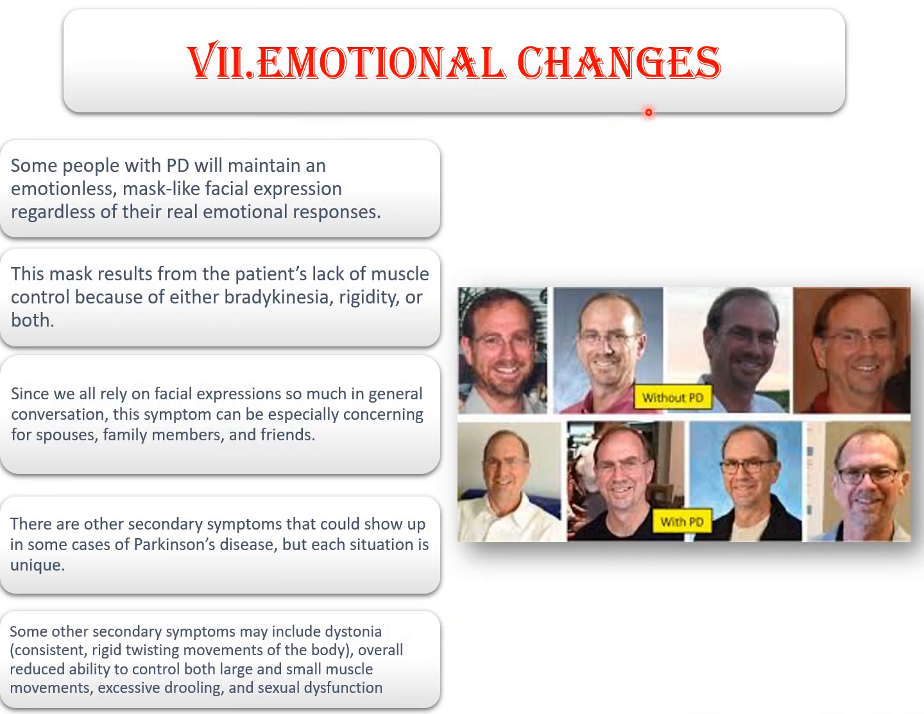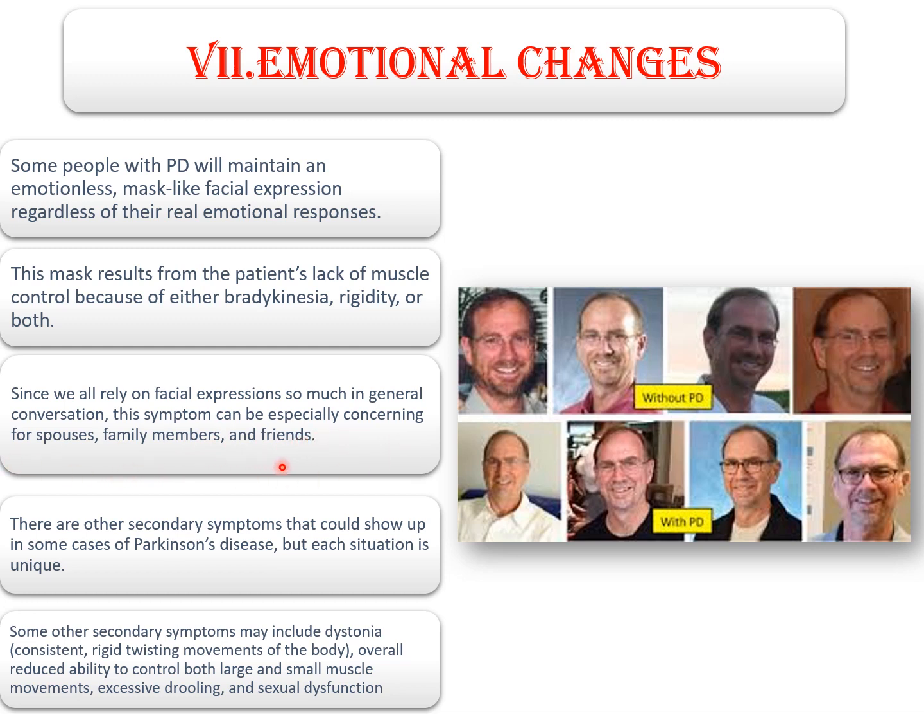Then emotional changes. Some people with Parkinson's disease will maintain an emotionless, mask-like facial expression regardless of their real emotional responses, and this mask results from the patient's lack of muscle control because of either bradykinesia, rigidity, or both. Since we all rely on facial expression so much in general conversation, this symptom can be especially concerning for